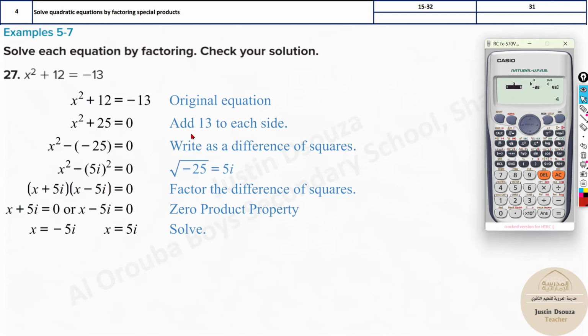Let's do here, it's 1, 0, and what you can do is write 12 plus 13 this time. Why? It'll be 25. But why is that? Because this minus goes to the other side and becomes plus. Now, in this case, you're getting 5i and minus 5i. Now, how would you do that is, see here, it will be x squared plus 25. There is no formula for x squared plus y squared. It's not for plus, it's only for minus. So here they have done minus into minus. What is minus times minus? Plus, right? But since you know that you can't do that, there is no formula for plus, so we do